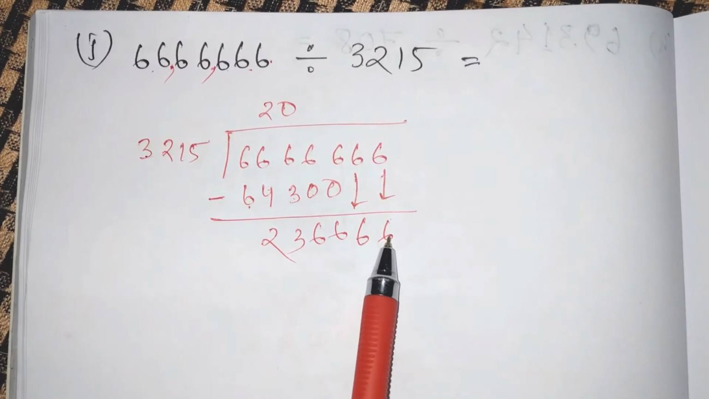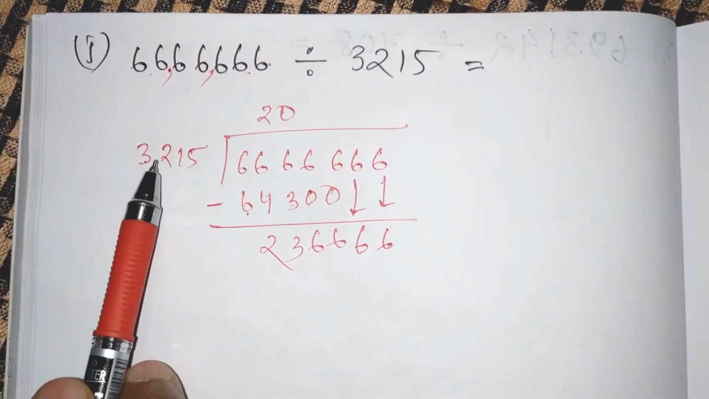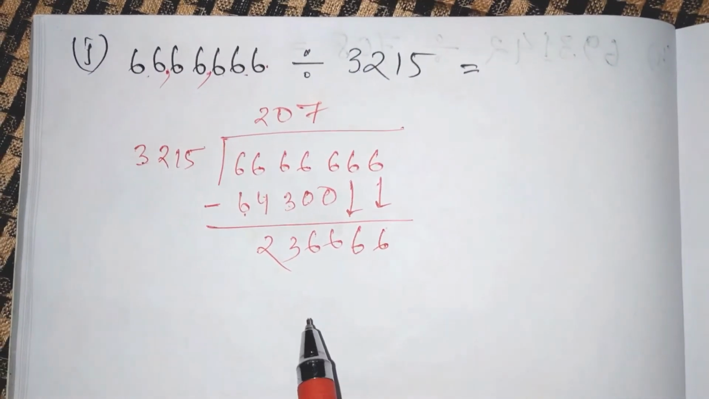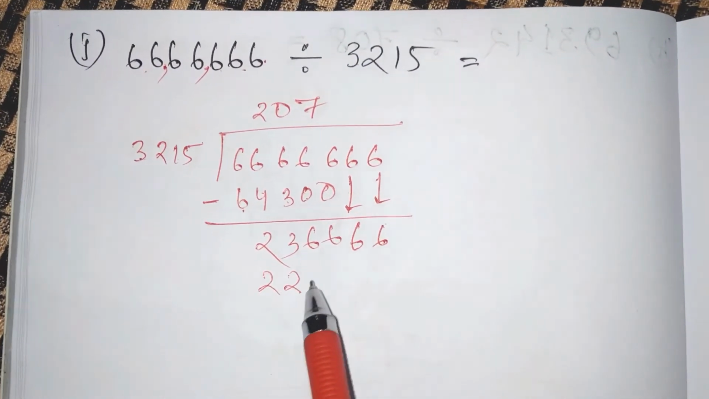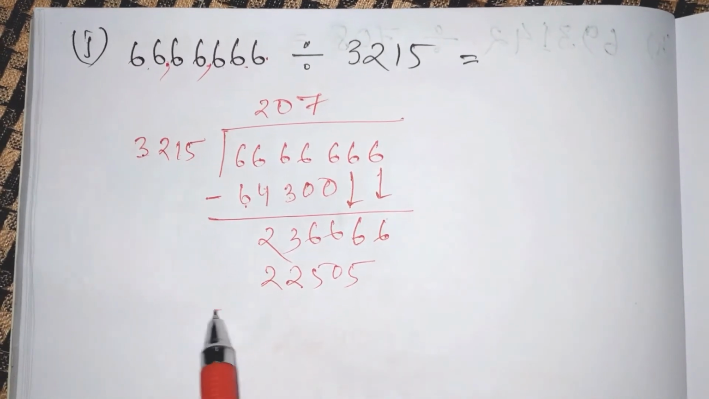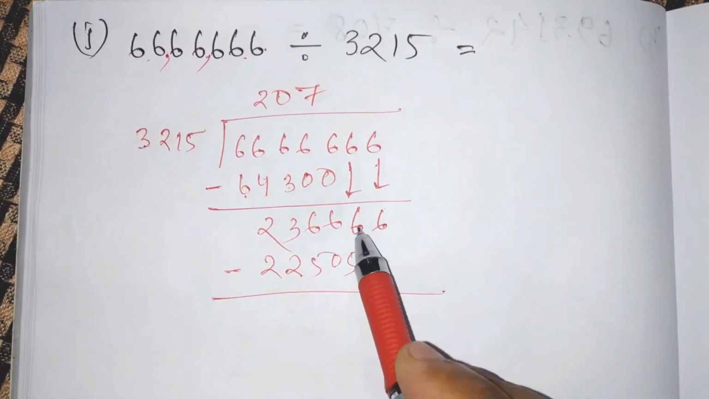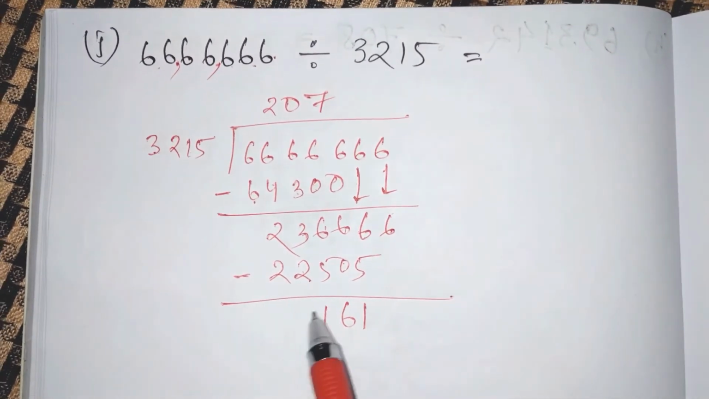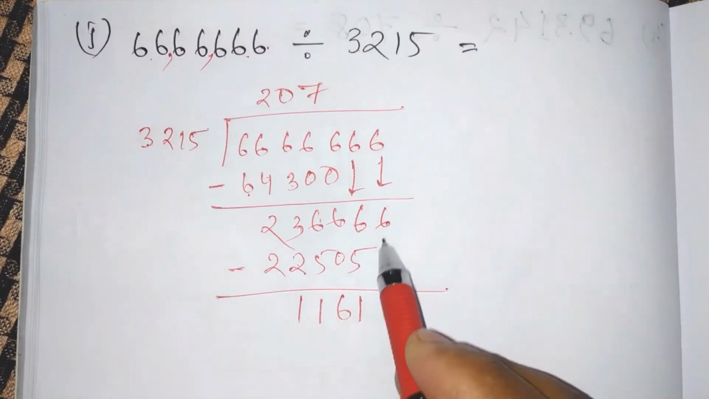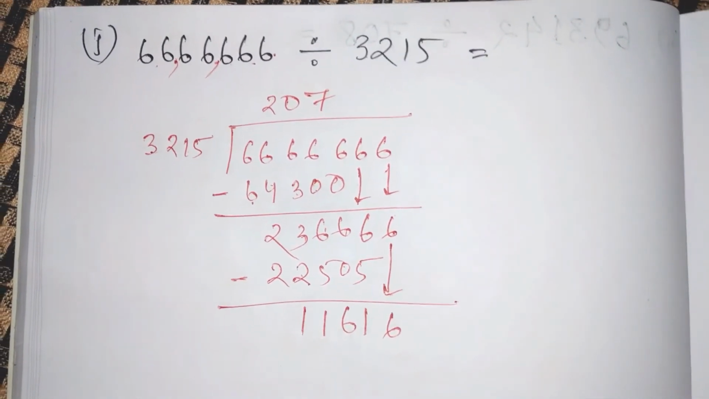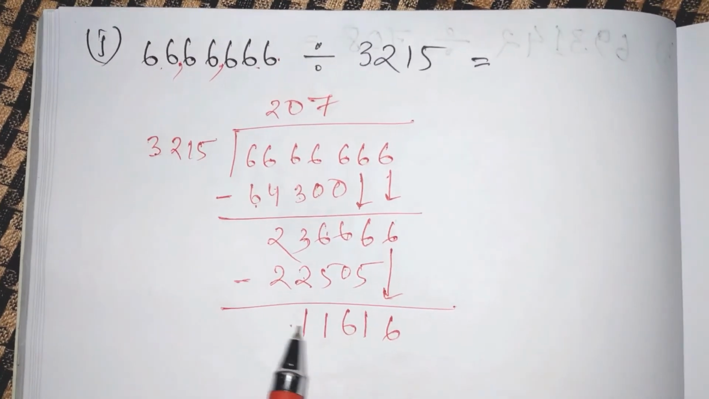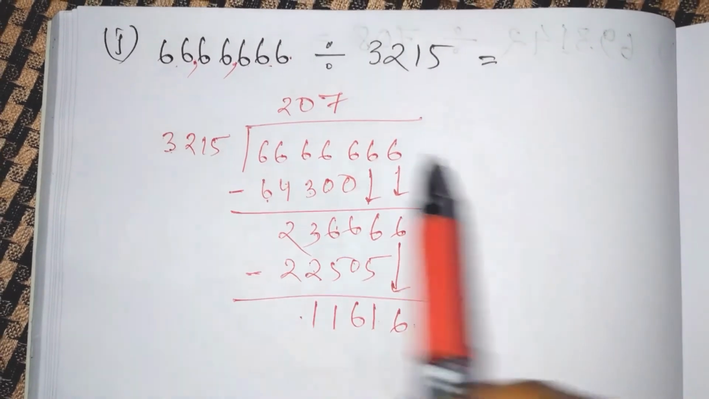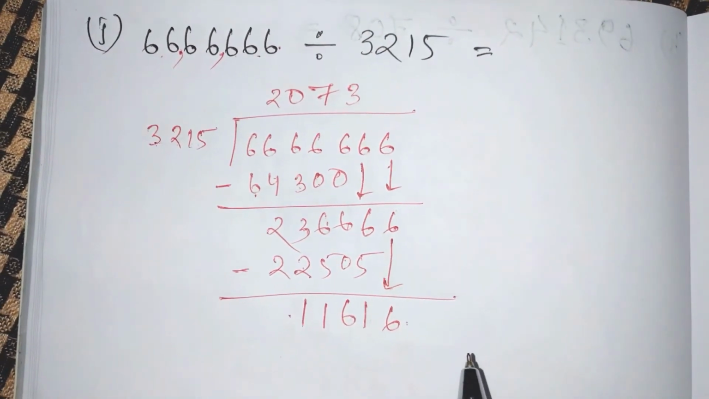236666. Okay, now you need to multiply this 3215 with 7, okay, with 7, then you will get 22505. Okay, 22505, and if you subtract, then you will get 6 minus 5 is 1, 6 minus 0 is 6, 6 minus 5 is 1, 3 minus 2 is 1. Then you have this 6 here, I'll write it here. Now you have 11616. If you multiply this 3215 with 3, okay, with 3, then you will get